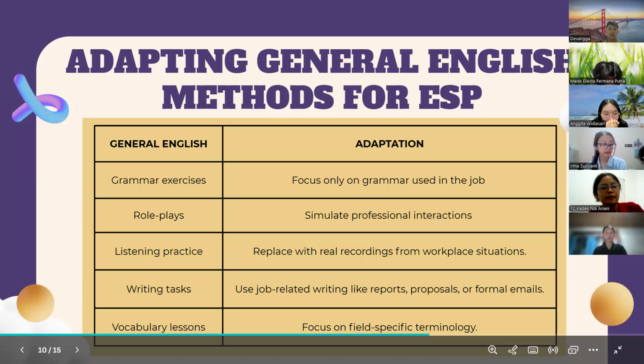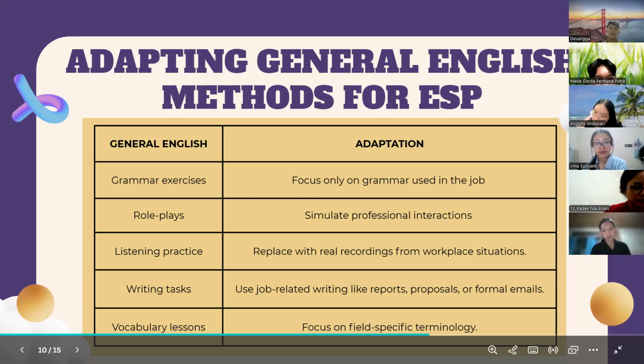The second one: in general English, role play might be about daily situations like shopping or introducing oneself, but in ESP, role plays simulate professional interaction. For example, a business meeting, customer service, or hotel check-in in tourism English. The third one is